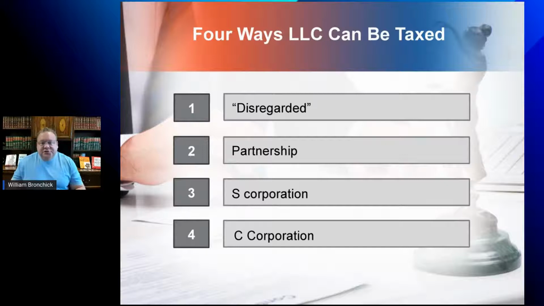And again, that's good for passive income. In a partnership LLC, if you and your friend are partners in an LLC and you're doing ordinary income, like let's say you're real estate brokers or attorneys, or you're running a retail business or you're mortgage brokers, the K1 passes through the nature of the income that is earned.